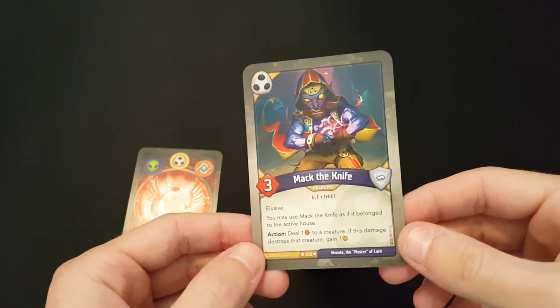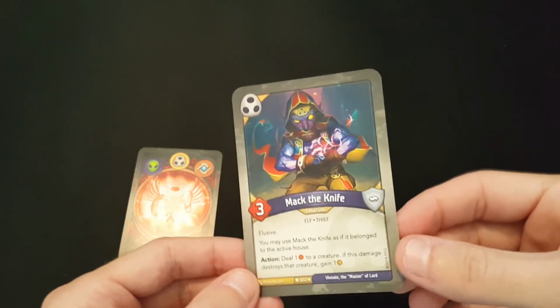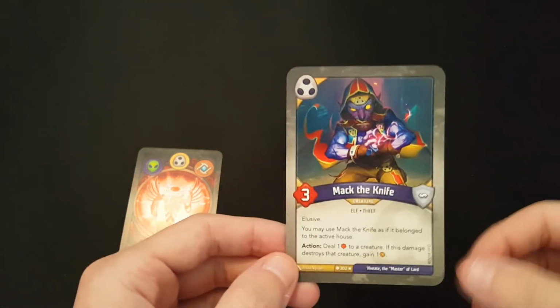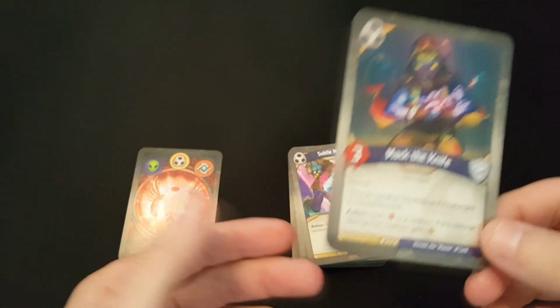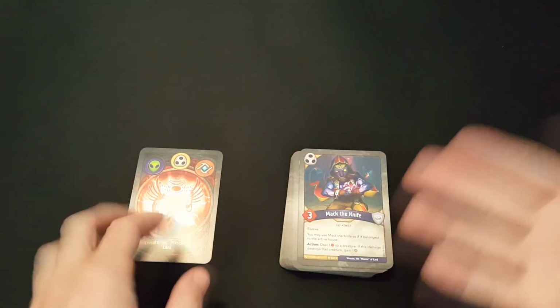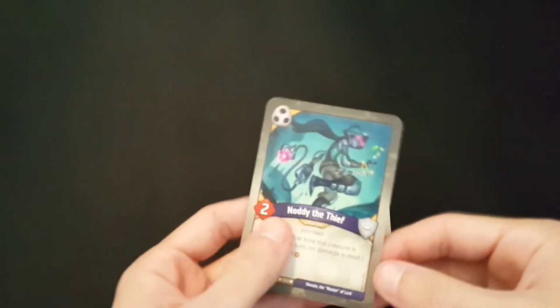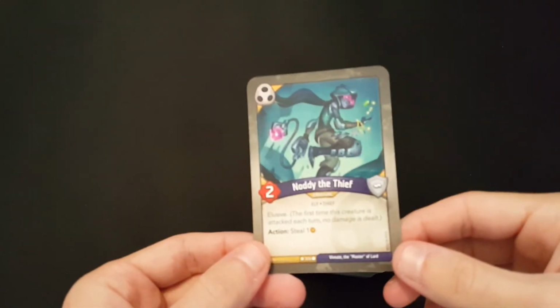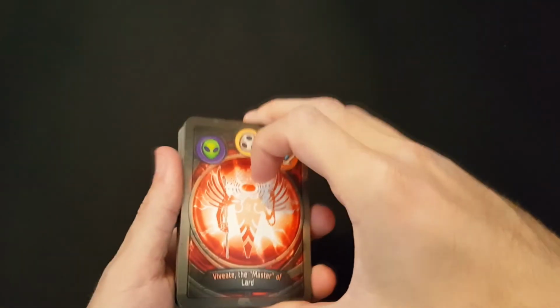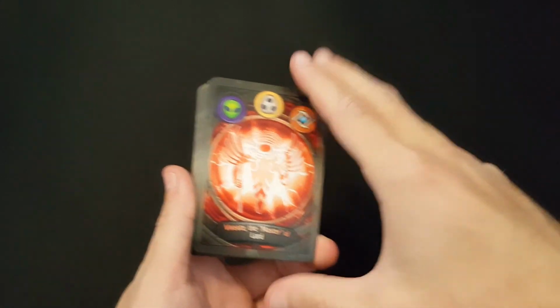As an action, deal damage to a creature. If it destroys that creature, gain 1. This is essentially just a Seeker Needle. That's a creature that can be used every turn. I like it a lot. It'd be great if this deck was more fully realized. Mack the Knife would have been really cool to see. And then we have Naughty Thief, common Shadows creature, 2 power, elusive, action, steal 1. Man, Viveate, the Master of Lard, is...